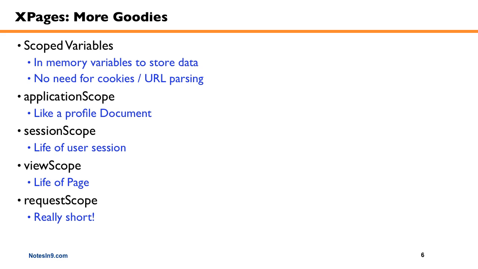Now, what I like to do with that is if I've got a search field, whatever the search term is, I might put that into the view scope, and then if the person navigates away from that page and then navigates back, that search control is blank again because it has refreshed that view scope based on the page change. So that's one example. And then there's request scope, which is really short and has some more specific uses. Okay, so